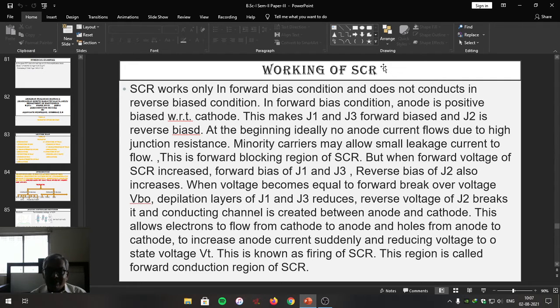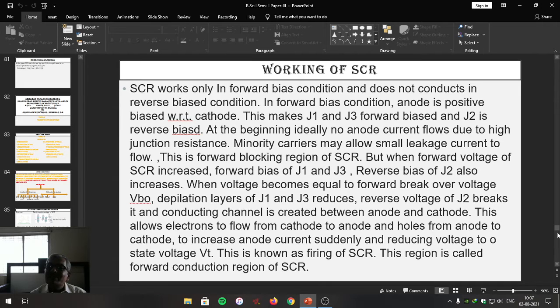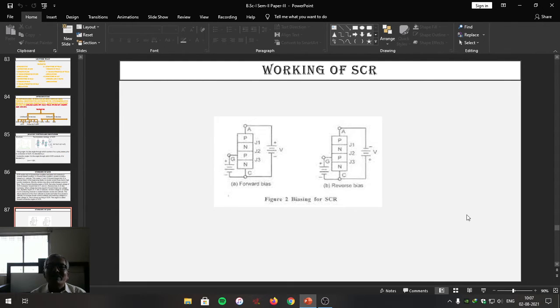In that we have studied that SCR is a unidirectional device, means it conducts the current only when it is forward biased. It doesn't conduct the current in reverse bias condition. This means that to understand the working of SCR, it should be properly biased, meaning thereby, as it is a unidirectional device, it should be forward biased. Let us understand the meaning of biasing of SCR, and then we will go to study the working of SCR.